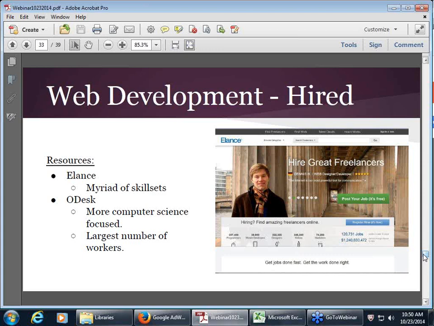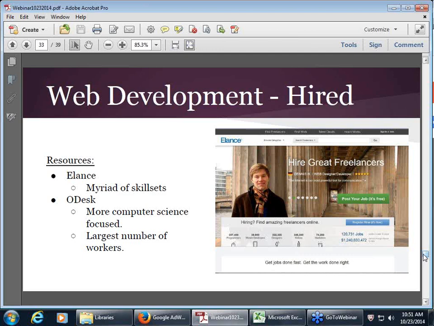They recently merged. Elance has a broader range of skill sets, so you can find graphic designers on there, maybe web front-end developers there, and also strict coders on that site. And Odesk is actually the next generation of a site that used to be called Rent-A-Coder, and that's more focused on developers themselves. It has the most number of workers. So what you need to be concerned about on these sites is the language gap. So it kind of depends who you're working with.